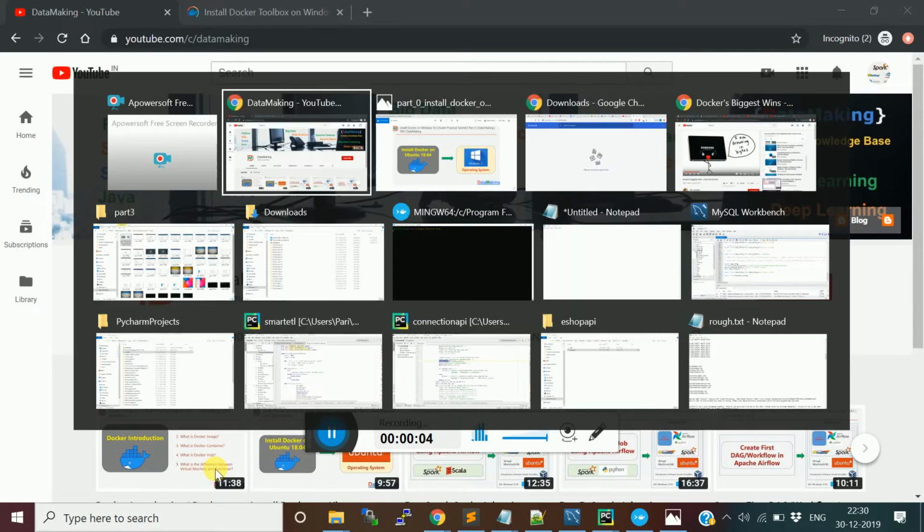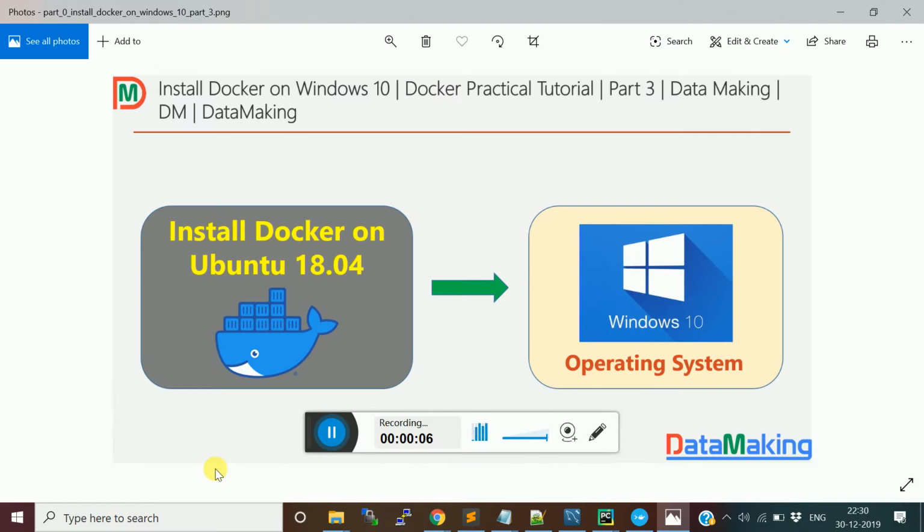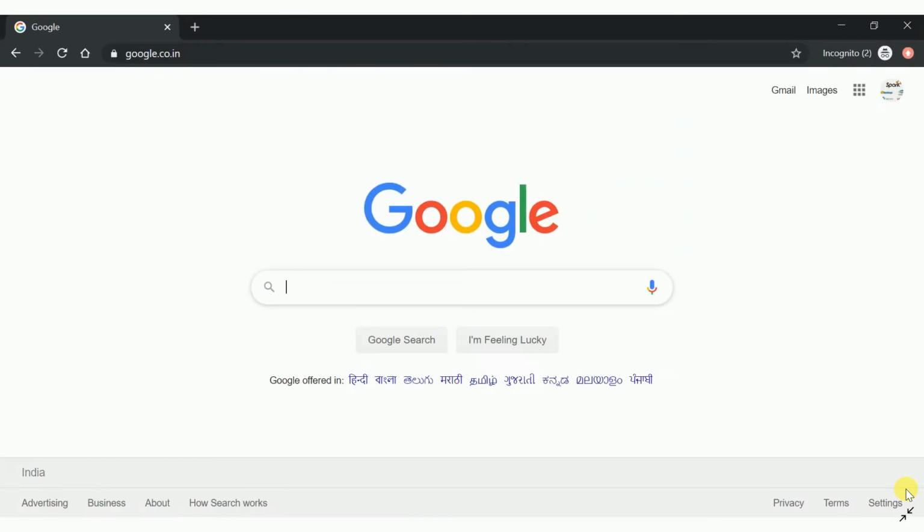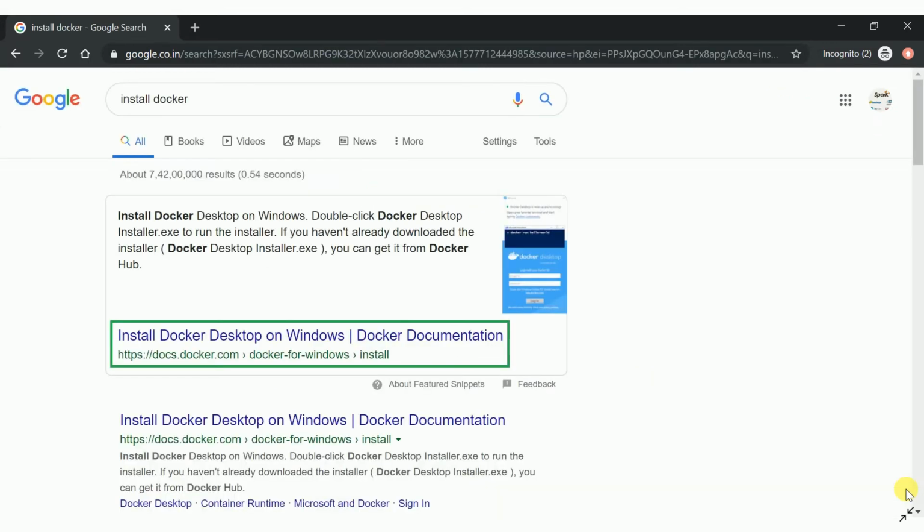In this video, I am going to discuss how to install Docker on your Windows operating system. Okay, so let us continue the installation steps. First, open your browser and go to google.com and type